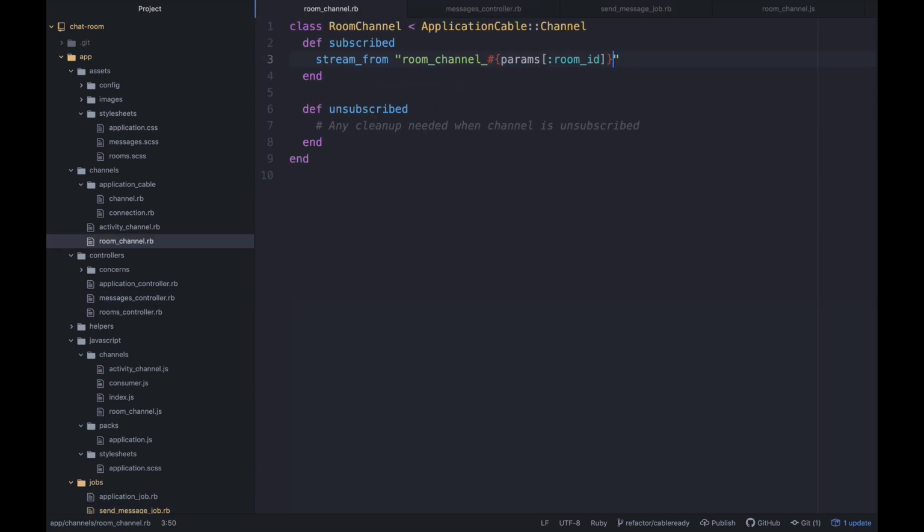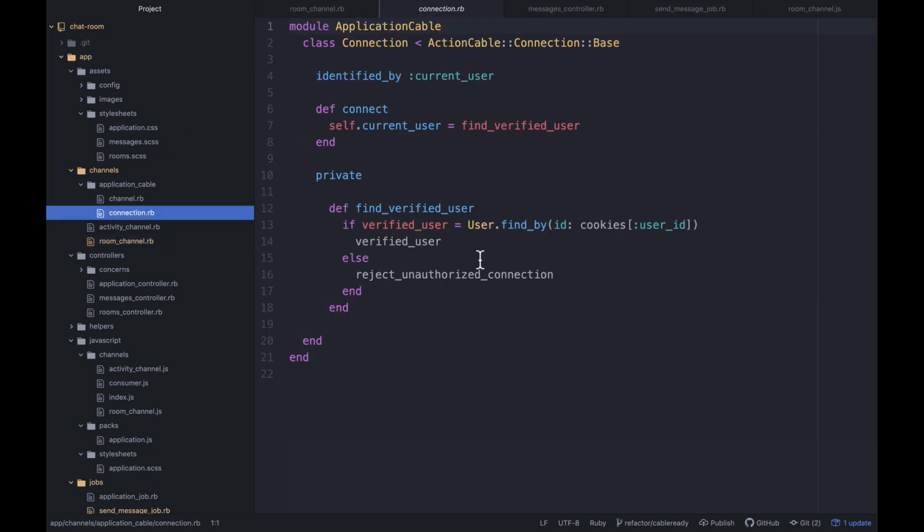So let's go to our room channel, and what we're going to do here is say stream from room, pass in the params room ID, and then say something like user underscore, and then current_user.id. And remember, we have that current user coming in from the connection over here. So really, on the back end, we're generating